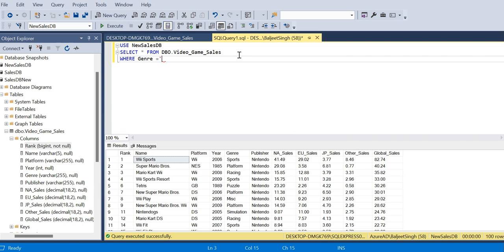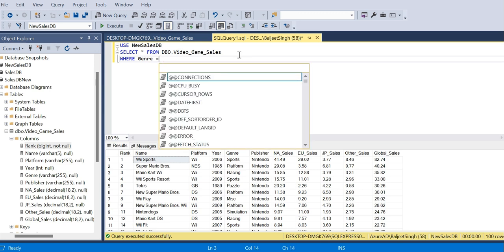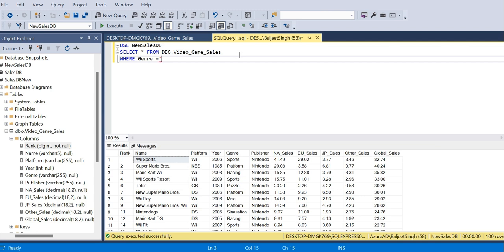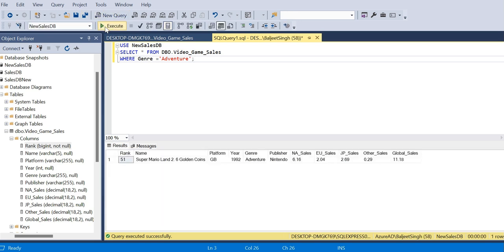You put a simple semicolon and you hit run, and you will see what we can get from the output. We can have only one game in this genre.